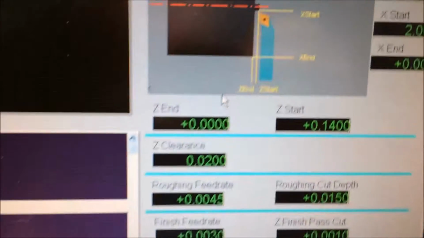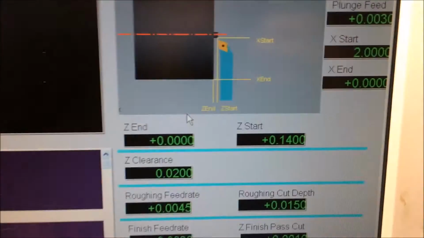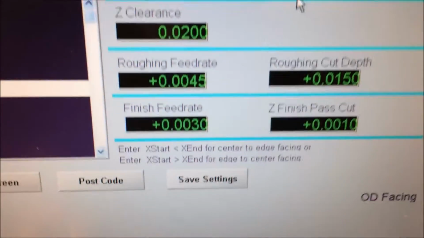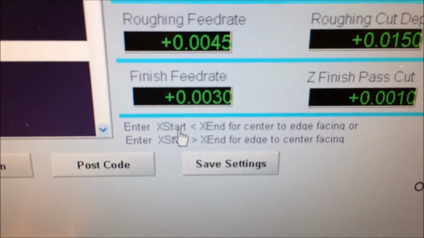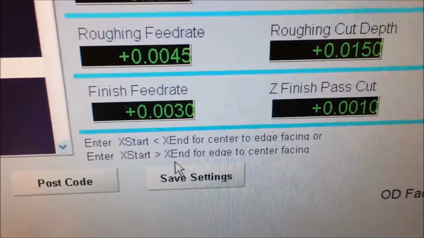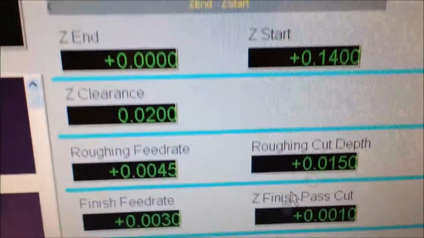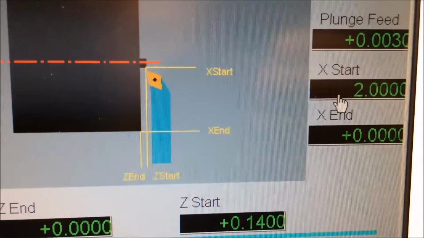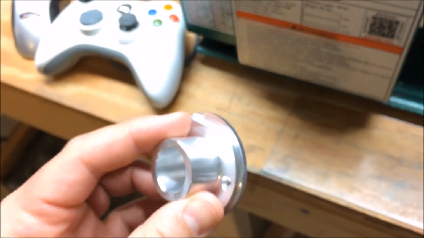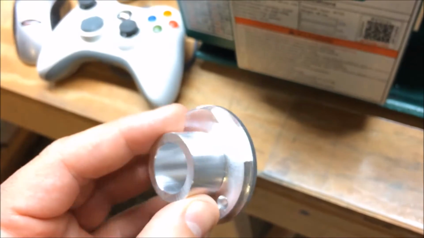So the facing window is very similar to the last window. You have some options here though, and a little note down at the bottom. It says X start is less than X end for center to edge facing, or X start is greater than X end for edge to center facing. That's what I have here. My X start is 2 inches, my X end is 0 inches. The reason is I have this part here. I already have half of it machined, and what I want to do is face off this chunk that's on the back of it. So this piece is 2 inches,